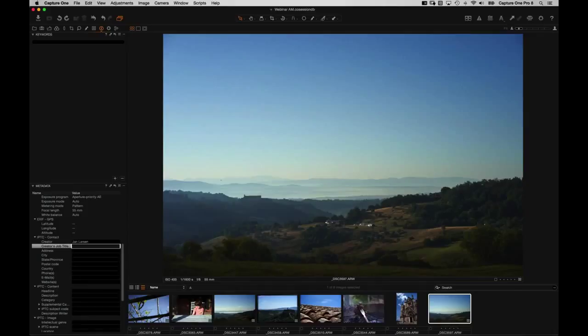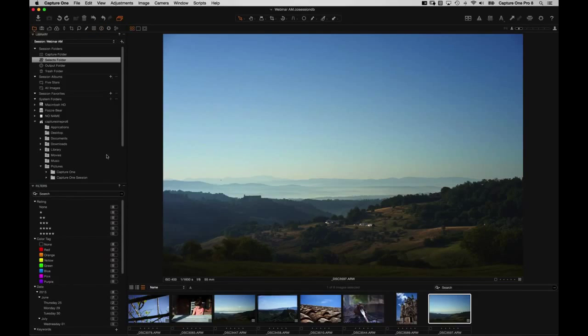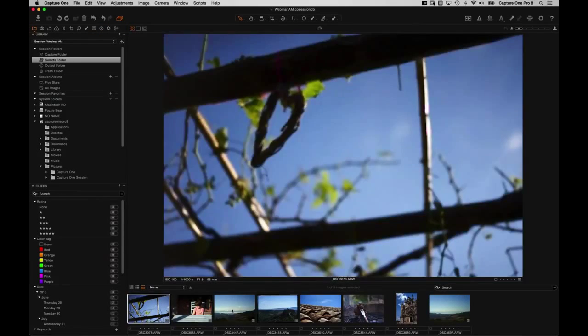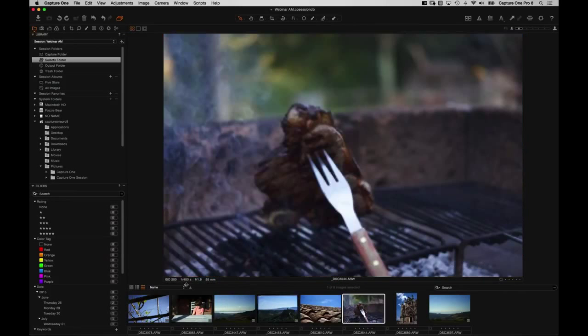Capture Pilot and Sessions. Yes, you can use Capture Pilot with Sessions too. Works very, very nicely. We'll come to that. Let's just finish off our basic session workflow. So we've got some images in our selects folder. We've done some basic adjustments and things. So now let's say we wanted to output. And at this point,